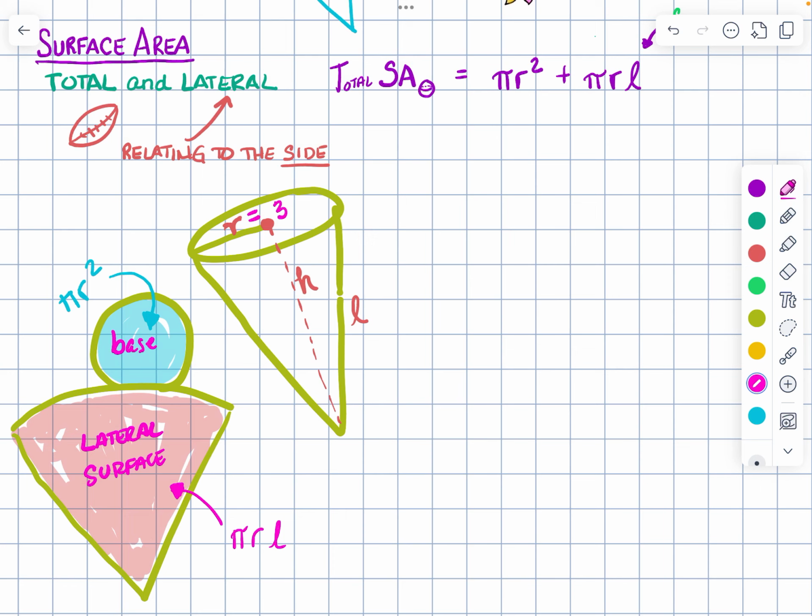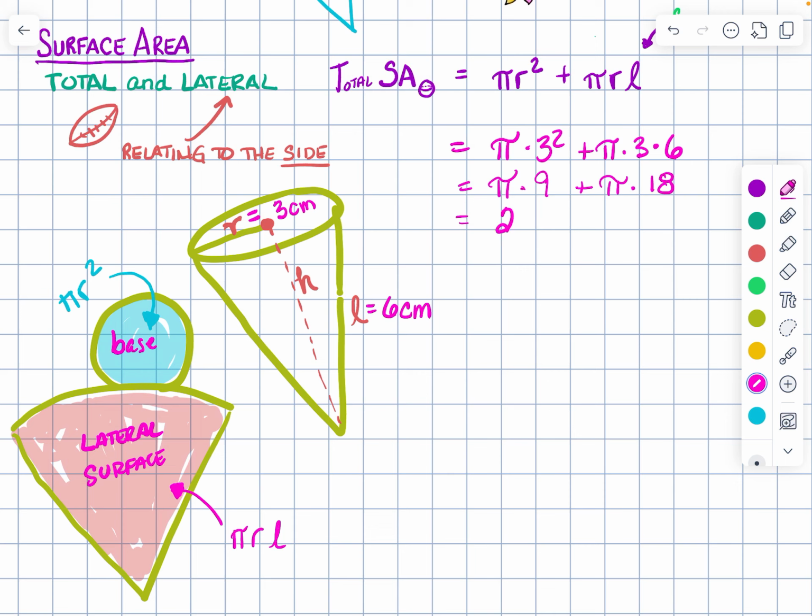So let's say radius is equal to 3 centimeters and the lateral slant height is equal to 6 centimeters. Okay, so now we can just plug this in. We've got pi, r is 3, so that's going to be 3 squared, plus pi times 3 times the lateral slant height, which is 6. And then we have pi times 9 plus pi times 3 times 6 is 18. And now I can add 9 pi plus 18 pi, and we get